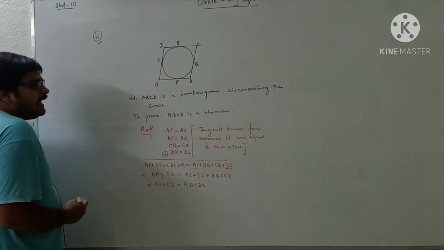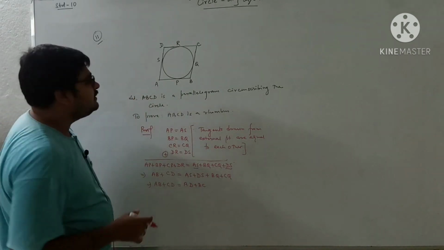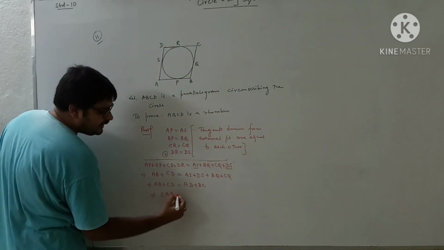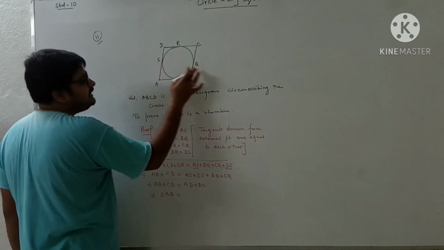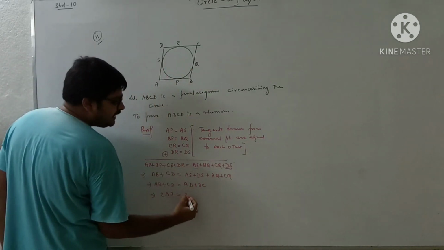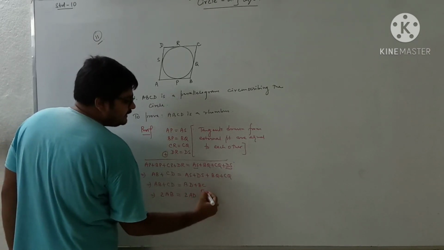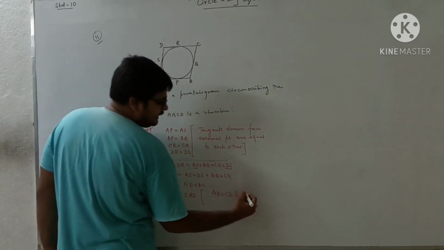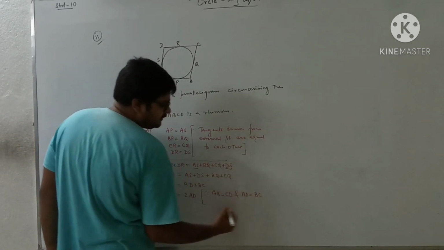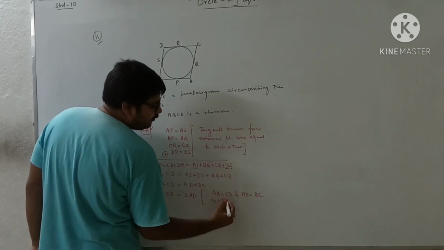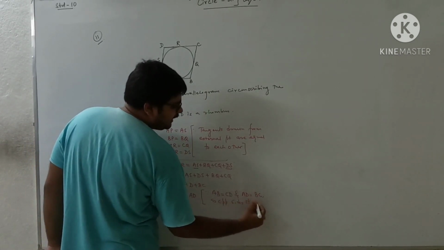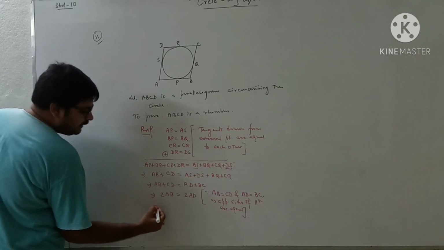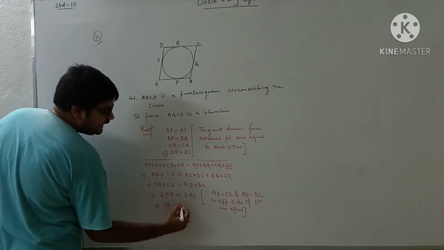Now look here, as ABCD is a parallelogram, it has been told in the question, so AB and CD are equal. So I can write here twice of AB. And as AD and BC are the opposite sides of the parallelogram, these two are also equal. So you can write here twice of AD, since AB equal to CD and AD equal to BC, as opposite sides of a parallelogram are equal. So 2 can be cancelled from both sides, so we get AB equal to AD.